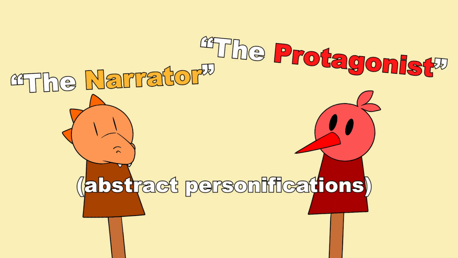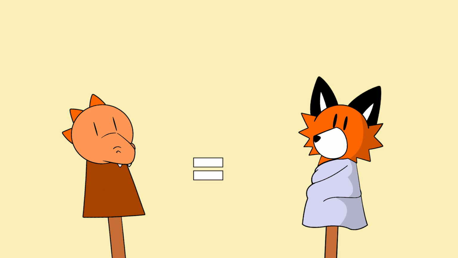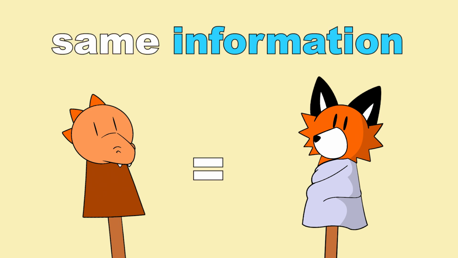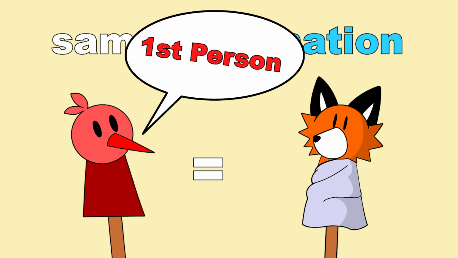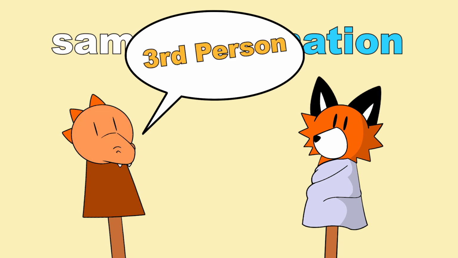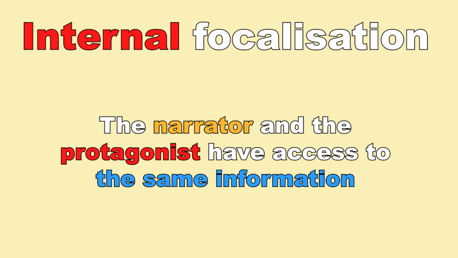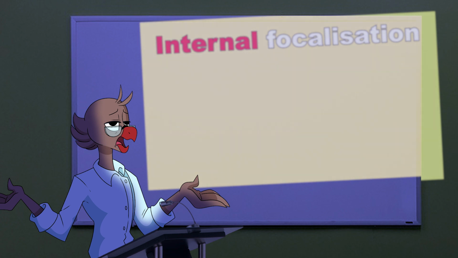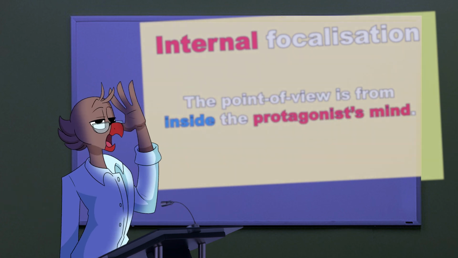In The Song of Achilles, the perspective of the narrator and of the protagonist Patroclus are completely identical. The narrator has access to the same information that the protagonist has access to, including the protagonist's subjective thoughts, feelings, and biases. Usually this is because the protagonist is the narrator speaking in first person, but there are third-person narrators in this style as well. This is called internal focalization, which can be broadly defined as the narrator and the protagonist have access to the same information. Internal can be taken to mean that the point of view is from inside the protagonist's mind, and